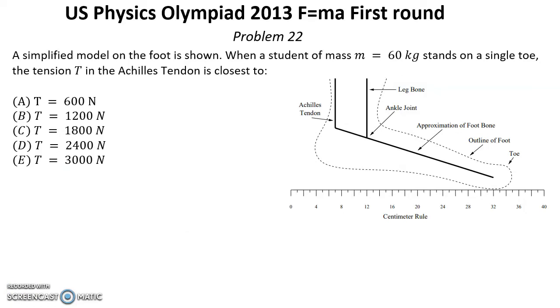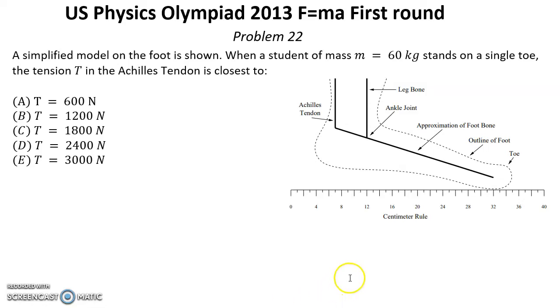Problem number 22. A simplified model of the foot is shown. When a student of mass m equal 60 kg stands on a single toe, the tension T in the Achilles tendon is closest to